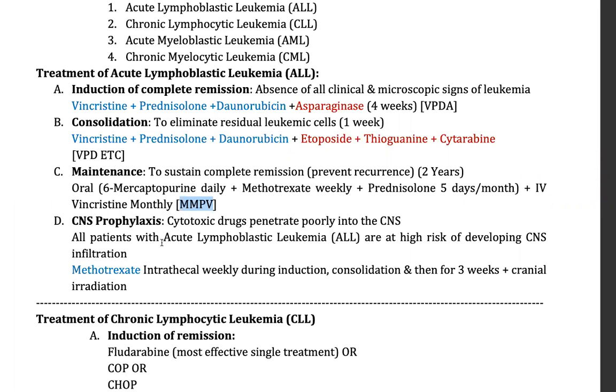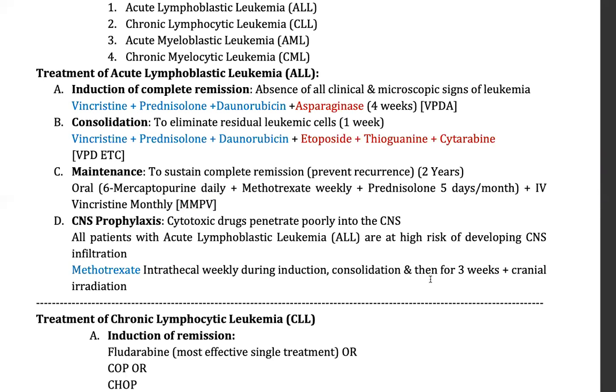And what is the CNS prophylaxis? Cytotoxic drugs. Here, methotrexate intrathecal weekly. The route of administration is intrathecal, by the spinal route. Weekly during induction, consolidation, and then for